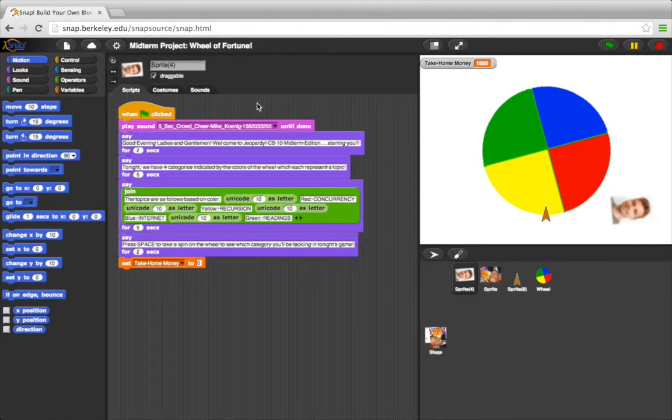Starting off in the beginning, Sprite 4, which is the Gerald host sprite, we start off by playing the 5 second cheer, and then the formal introductions. Good morning tonight. I mean, good evening. Tonight we have how many categories? The categories themselves, separated by Unicode. Press space to start. Set take home money to 0, and then